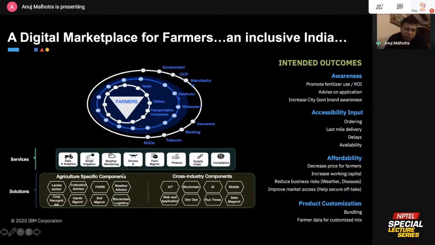Below there, you're seeing lots of technology, and that doesn't matter. What matters is what you can do in terms of platform so that you get the intended outcomes which you've shown on the right-hand side. A critical place to go and would be great for the farming system.